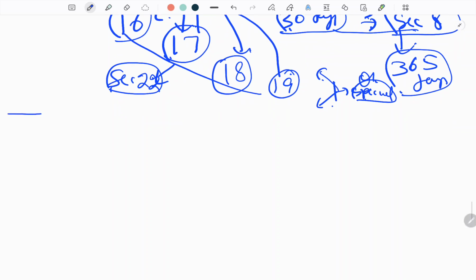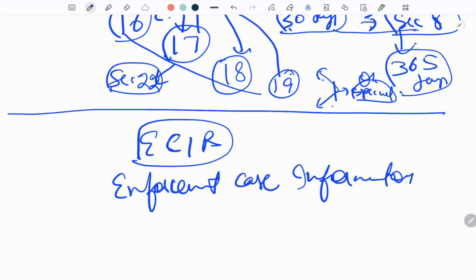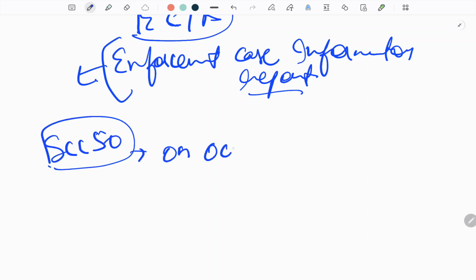You have heard of ECIR. It is not a statutory report, we can say. It is an Enforcement Case Information Report. It is one kind of document for administrative purposes. It is not mandatory on the part of ED to show that report to the accused. They can keep that document secret within themselves and start making the investigation. There is one other section, section 50, which is important, which says on oath examination of a person,